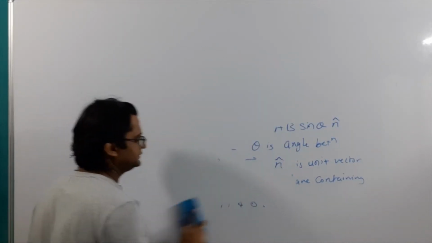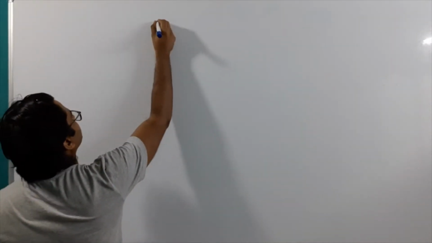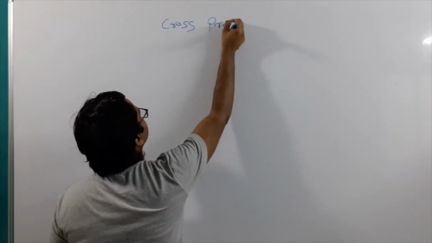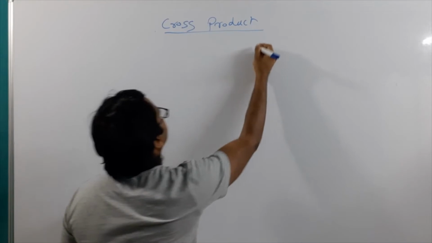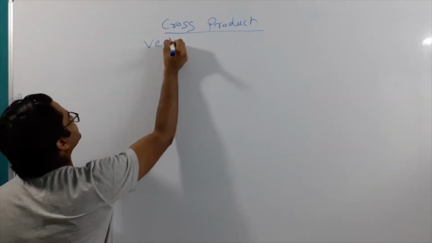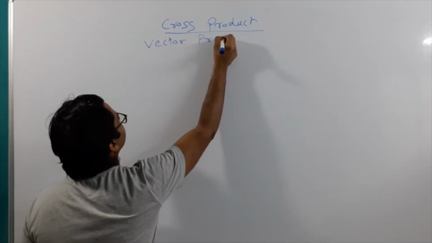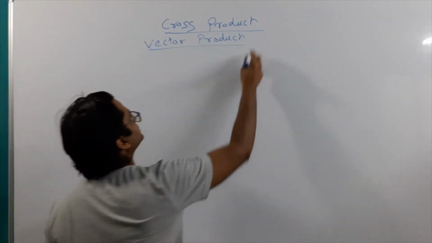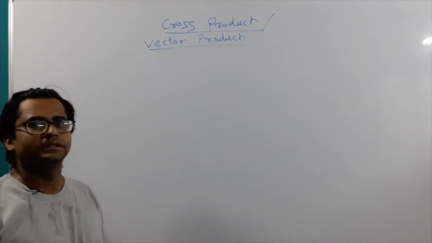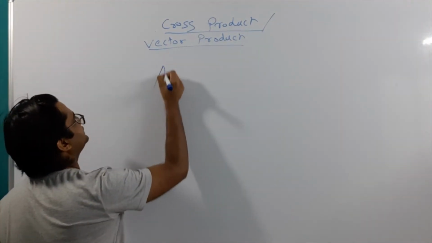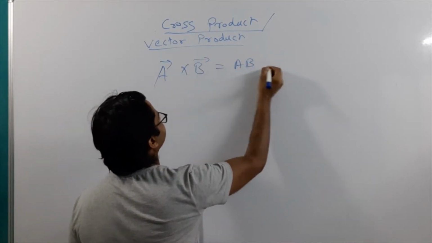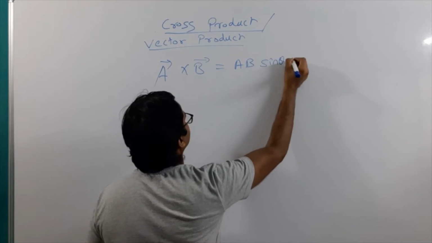So today we will discuss the cross product in more detail. So let me give the heading cross product of vectors. There is another name for this product, which is vector product. Why is this name vector product? Since we get the result as a vector. Okay, so this cross product is also called vector product. Okay, and why is it called cross product? There is a cross sign in between the two vectors. So a bar cross b bar is our ab sine theta n cap.